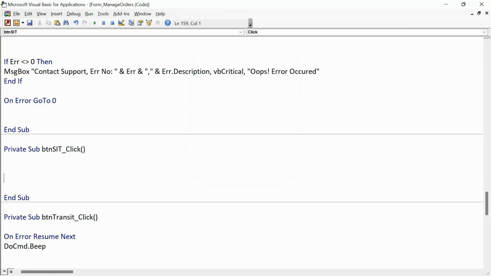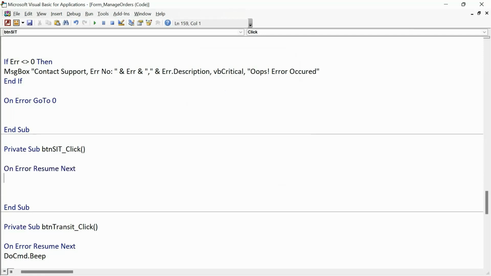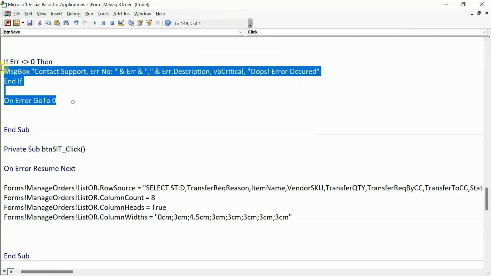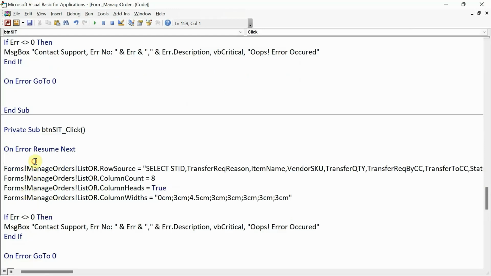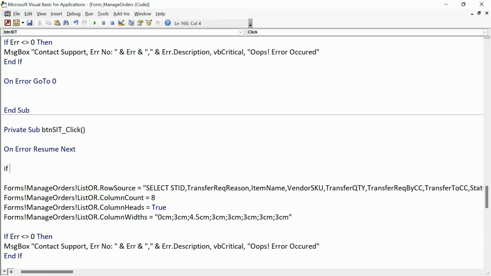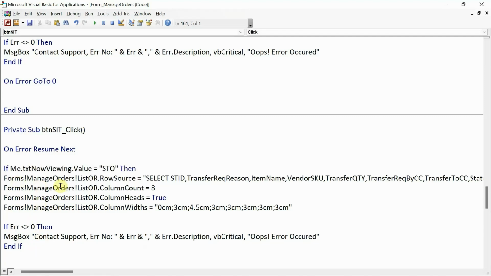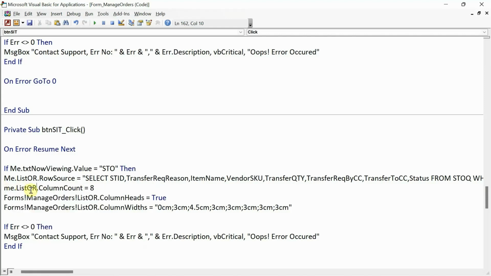code builder. First thing first, I get the error handling, on error resume next. Okay, here we go, paste in here. Now I put the condition: if me.txtNowViewing.value is equal to STO, then you make sure that you run this code, but this time again we have to do modification here as well. So change all of that to me dot,